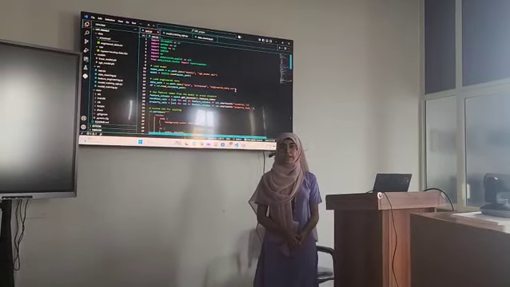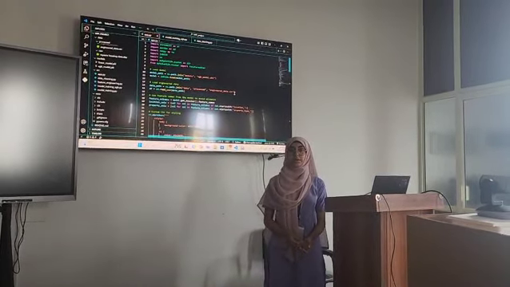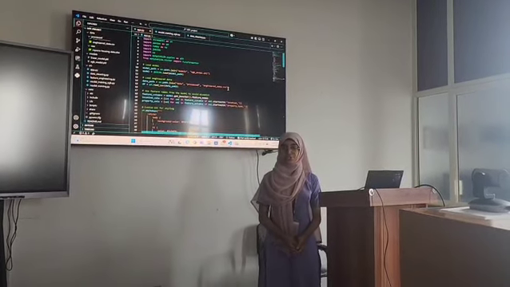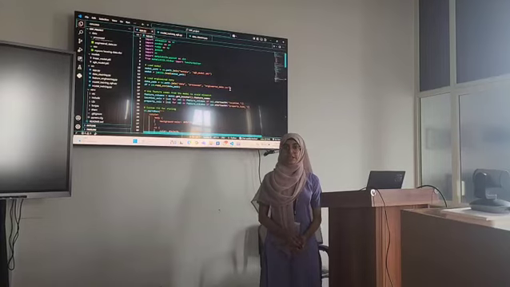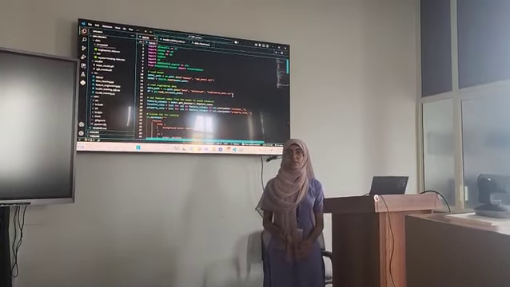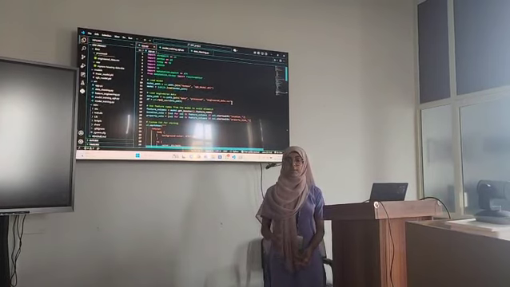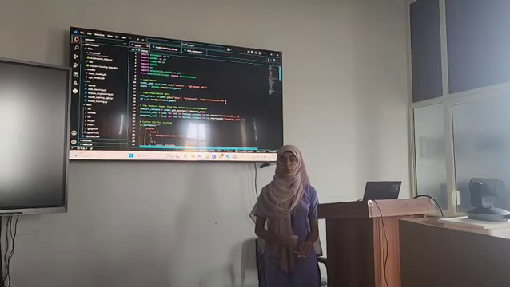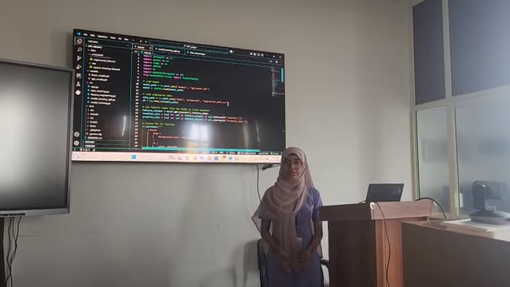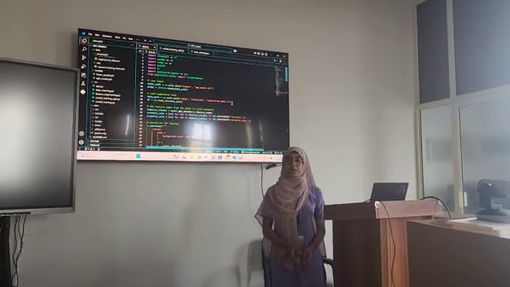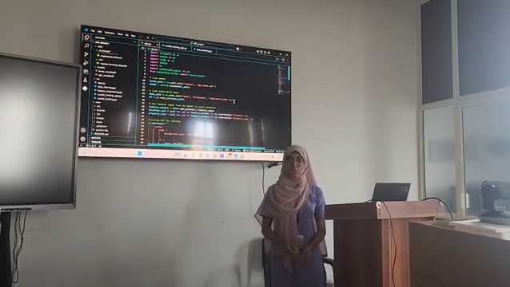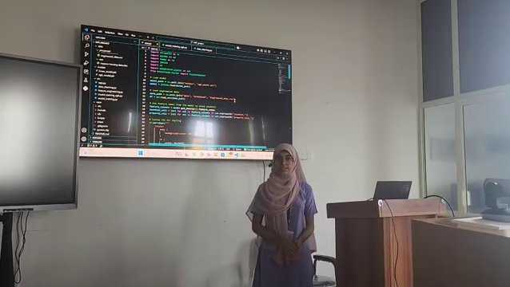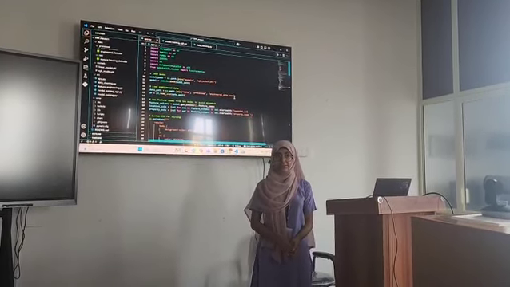I have built the app using Streamlit for the front end and XGBoost as the prediction model. The data is cleaned and engineered to include features like log transformed area, bedroom to area ratio, the number of bedrooms, location, and the property type. The model is trained using the processed data and saved in the pickle file format.